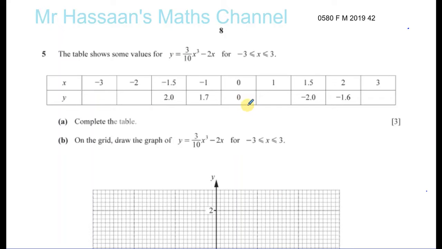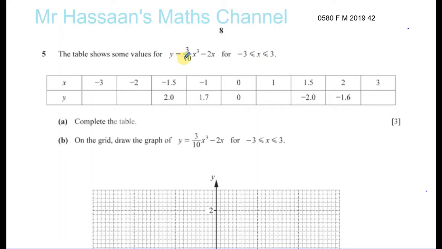Okay, so we have question number 5 from February, March 2019, paper 4, variant 2. This is a question about graphs of functions, and here we have a cubic graph, y equals 3/10 of x cubed minus 2x. The highest power is x cubed, a power of 3, therefore it means it's a cubic graph,